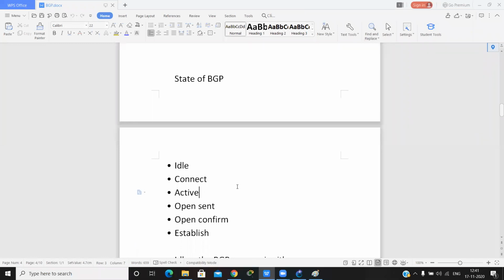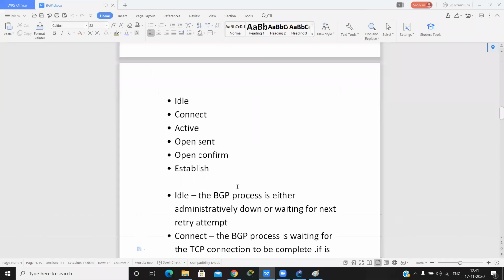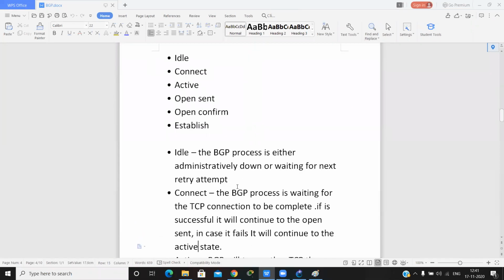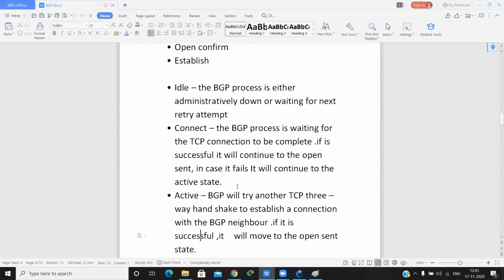States of BGP: idle, connect, active, open sent, open confirm, and established. In idle, the BGP process is either administratively down or waiting for the next retry attempt. In connect, the BGP process is waiting for the TCP connection to be completed.